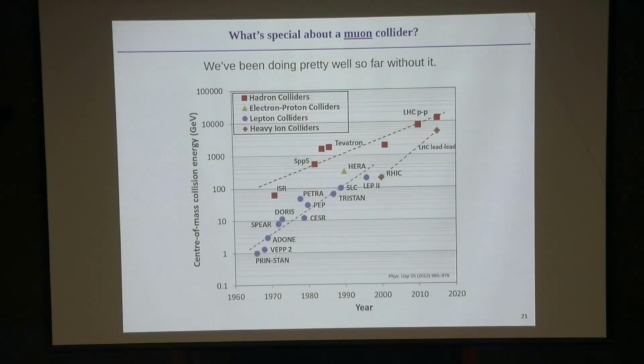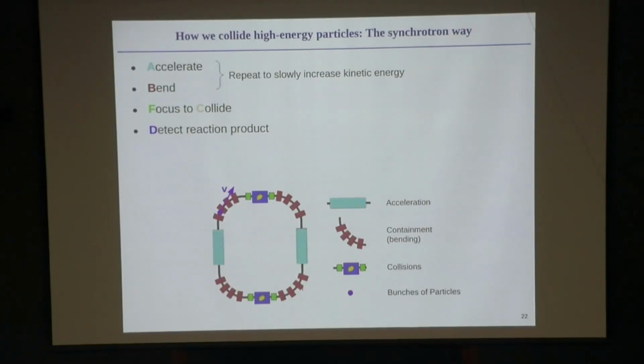Here you can see, as a function of the year and the center of mass energy, in different colors, the electron-positron colliders and the hadron colliders. And we've been able to scale them to higher and higher energy. So why do we need to change at all? Can we just keep going? In fact, there are a couple of really good reasons for that, for which I wanted to remind you of a couple of basic concepts of how we accelerate particles. This is one of the ways we accelerate particles. We call it a synchrotron, in which we have groups of particles, a bunch of particles, that go around the ring. And then when they go through some specific elements, they get a small acceleration.